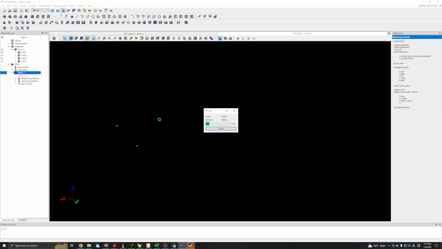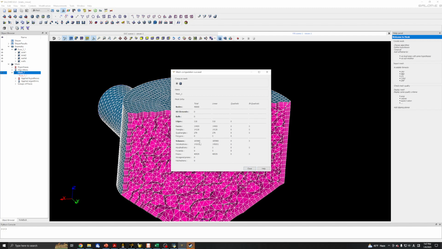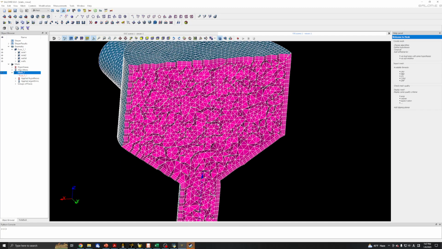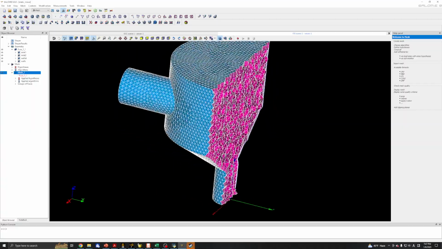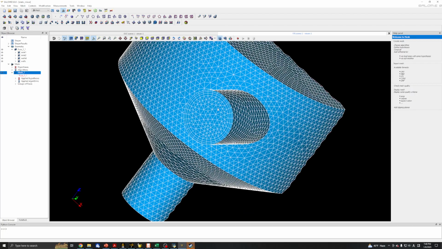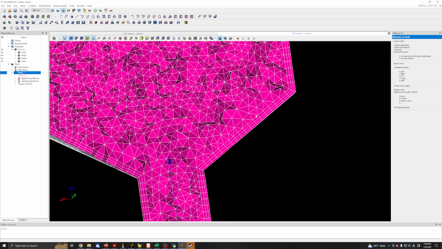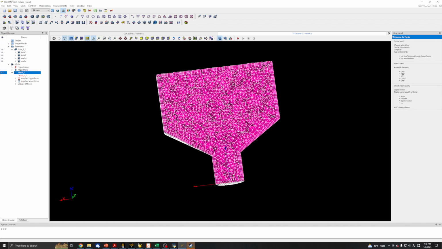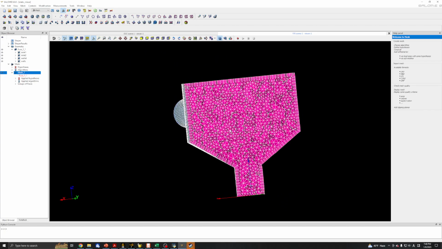Okay, it takes quite long, it seems. Okay, this is a lot of elements here. We have 186,000 volumes, which in my opinion is a bit too much for this. Well, anyway, the boundary layer mesh seems much better, and the size difference is much better. The problem is we have a lot of unnecessary cells around here, so I don't want them, and I will